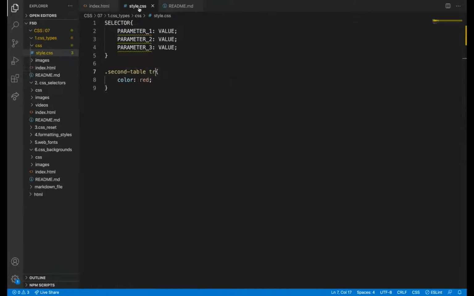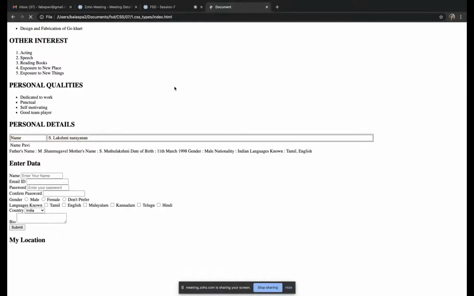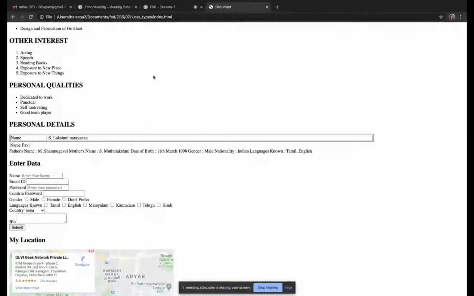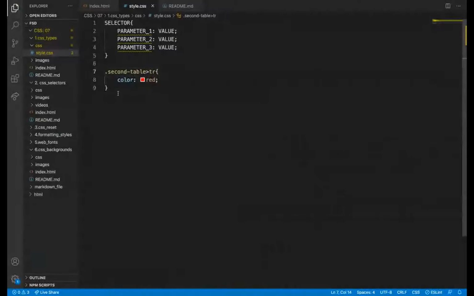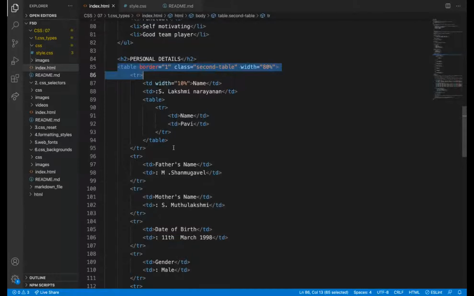I need to give the greater than symbol here. Space we can add, but this will apply only to the first tier. Actually, we should have added another example as UL LI, because with a table it is breaking, a table inside the table.